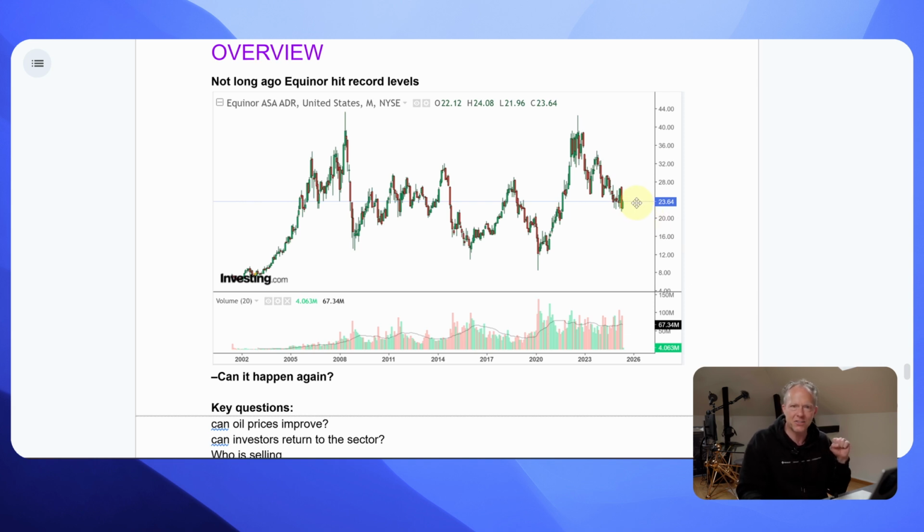That said, that's it for this Equinor deep dive. And just remember, these are not recommendations to buy or sell. This is a way to convey the method of P equals F times V. It's a method that shows you the beginnings, the framework of how you can start to investigate companies like this. But it really takes more than just an hour to truly understand if it's a good investment prospect or not.